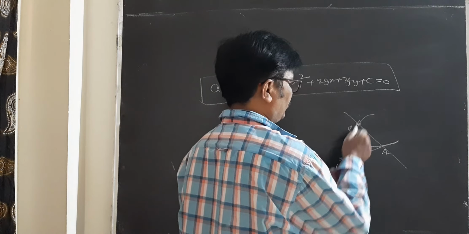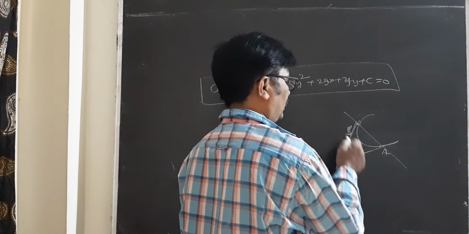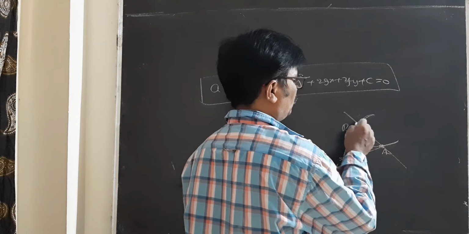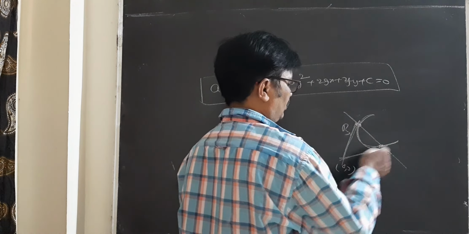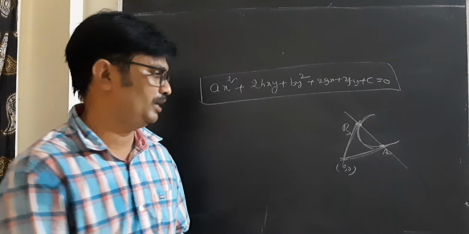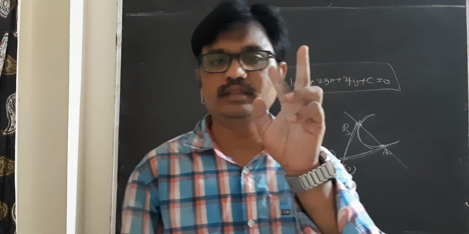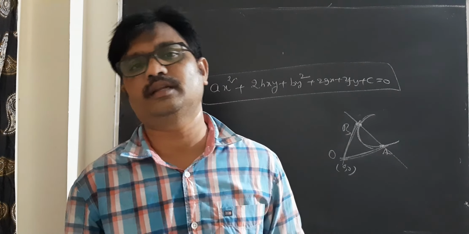The combined equation of OA and OB, undoubtedly when the curve and the line intersect in two distinct points, then the combined equation of OA and OB is again a homogeneous equation. Only the two parts are there. The first